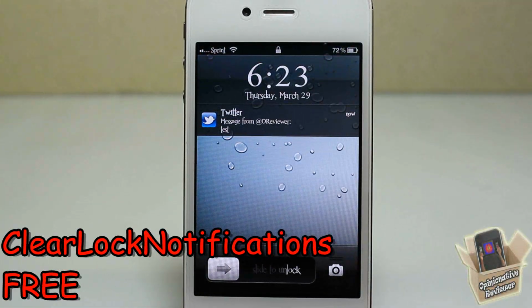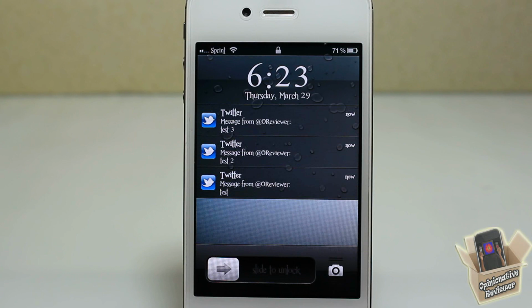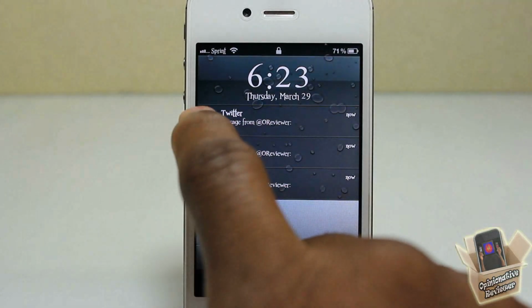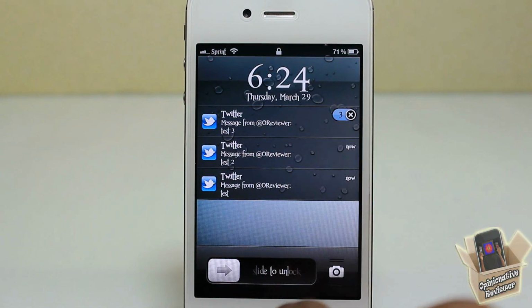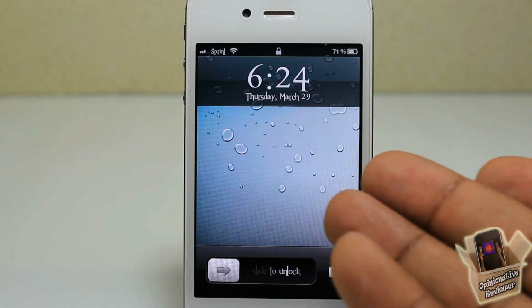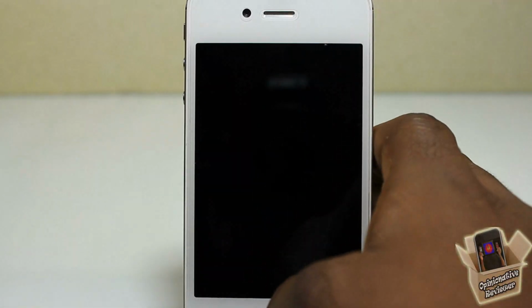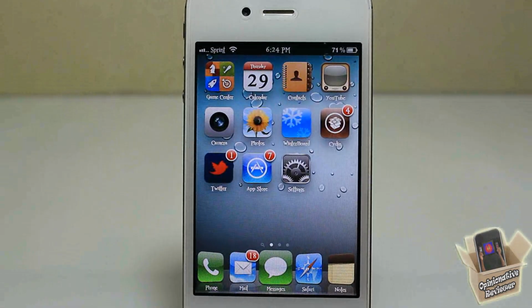This next one is called Clear Lock Notifications, and it's free. Now, it's simple. The only thing it does is clear the stupid notifications on your lock screen. That's the only thing it does. All you gotta do is touch the notification, slide it a bit, and then the X is gonna pop up, and you just touch that X, and it clears the notifications from your lock screen. I hate those notifications. I don't like my business on my lock screen. I hate when those are there, and it saves me the trouble from freaking unlocking my damn device to just